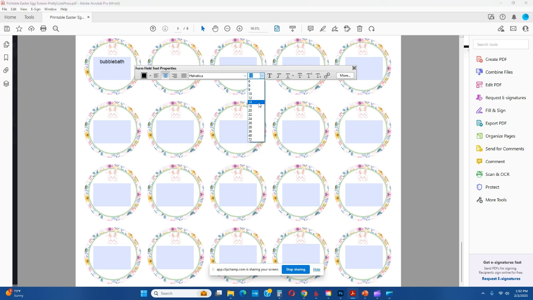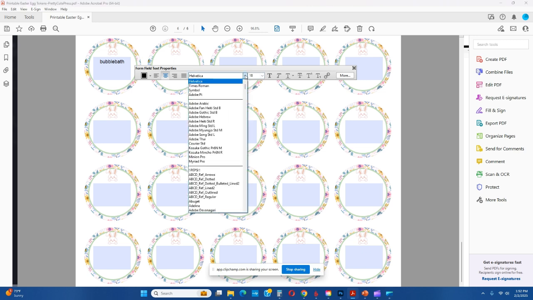So if I wanted to bump up the font to a larger font size, I could simply click the drop down arrow and select what size I want. If I wanted to change the font, then I would just scroll down till I get to the font that I'm looking for. Now, one thing to note is that what's listed in these drop downs on your form might be different from mine because it's based on the fonts that you have installed on the particular computer that you're